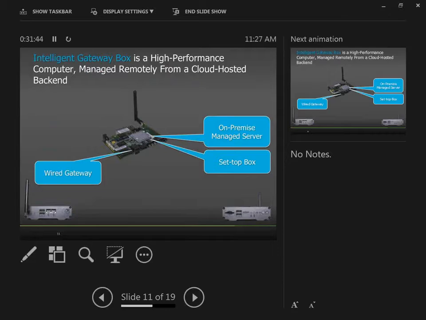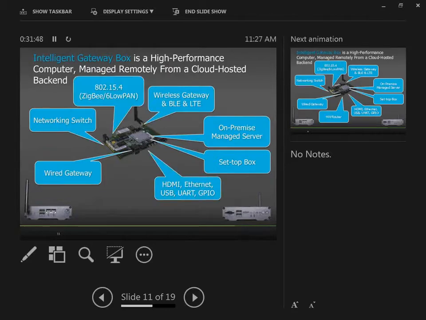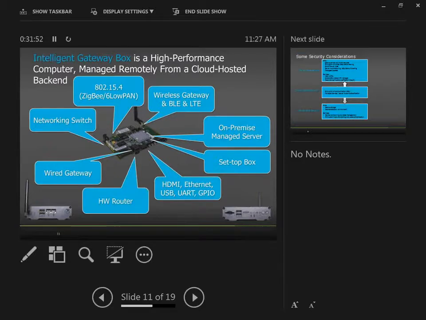but they will be a real managed server, meaning that not only will it aggregate data from various radio interfaces or wired connectivity, but it will also be programmable in a way that those data can be adapted to the application, to be compressed, processed.